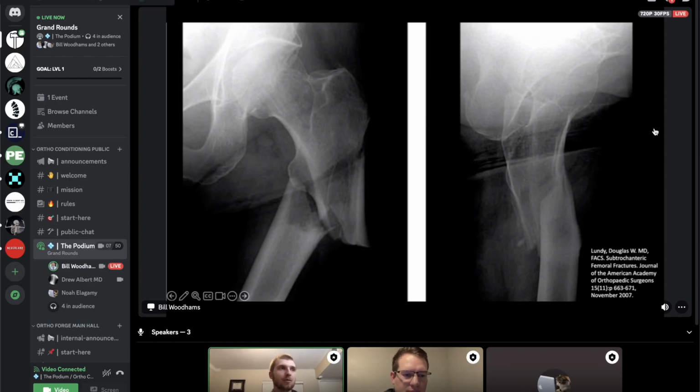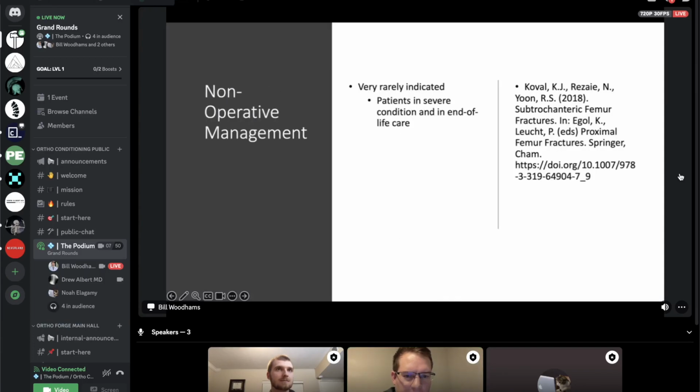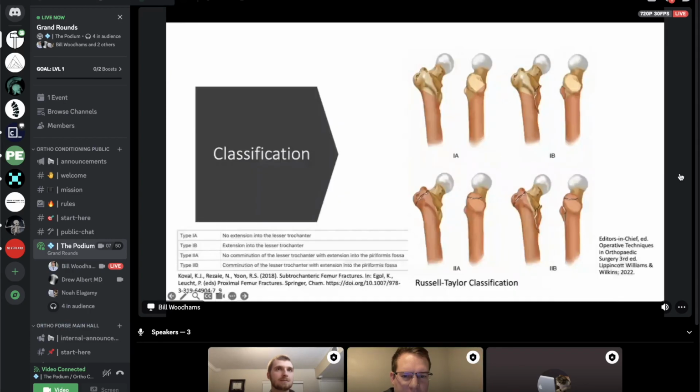Yeah, I think it's right on the border of 1A and 1B. They ended up calling it in this specific journal 1A, but again, it's very close. I agree with you. Go back to your classification slide one more time. Go back one more. I would have said that I didn't see a fracture line going to the lesser, but